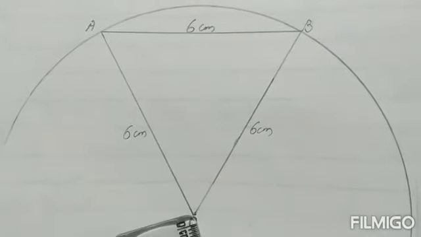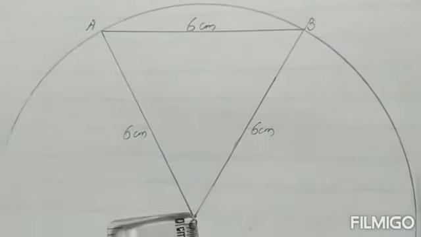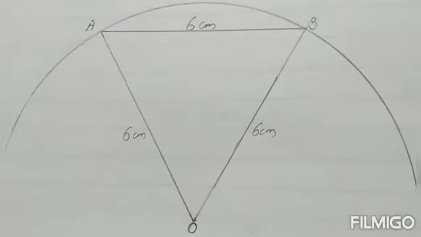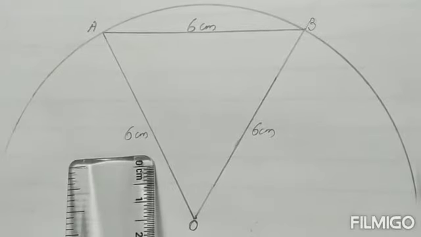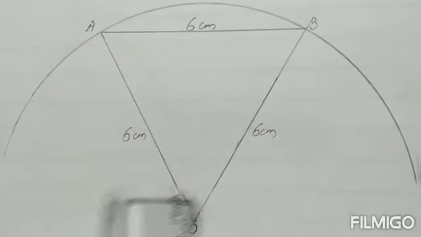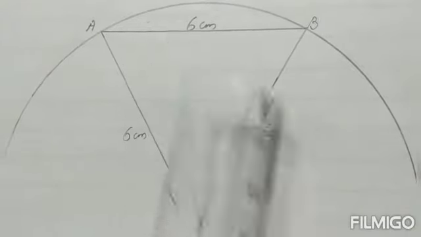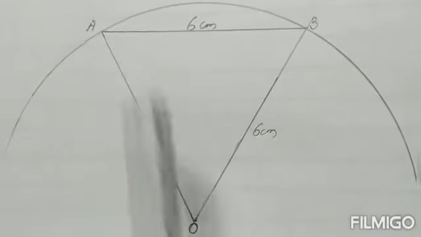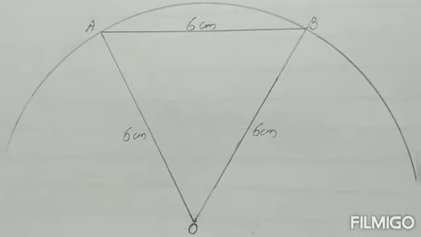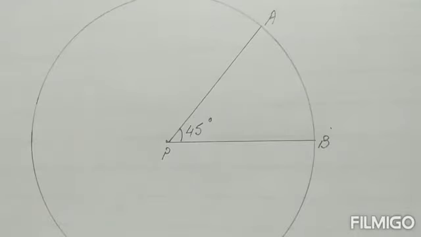Again we have to join OA and OB, that is what I have joined, and because this is touching the center as well as the circumference, so what are these OA and OB? These are also the radius. The measurement of the radius is already 6, so that means all the sides of this particular triangle are 6 centimeter each. This means it's an equilateral triangle, so angle AOB will be how much, children? It will be a 60-degree angle.